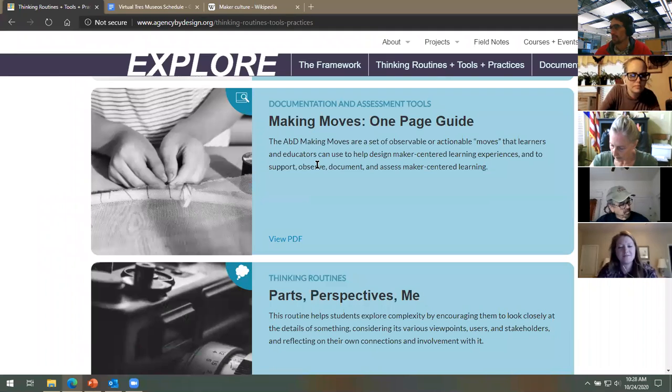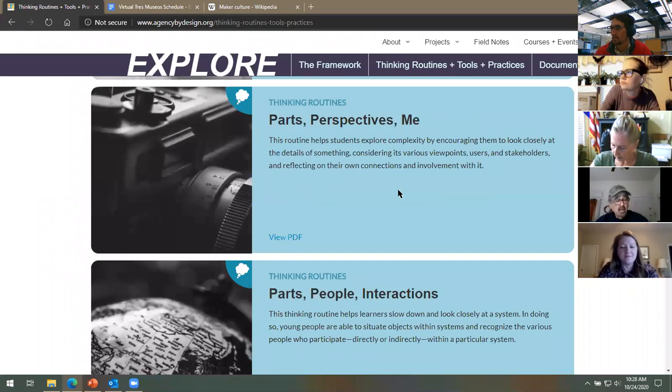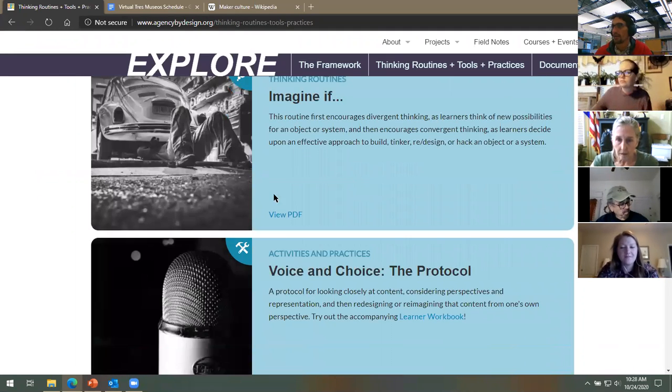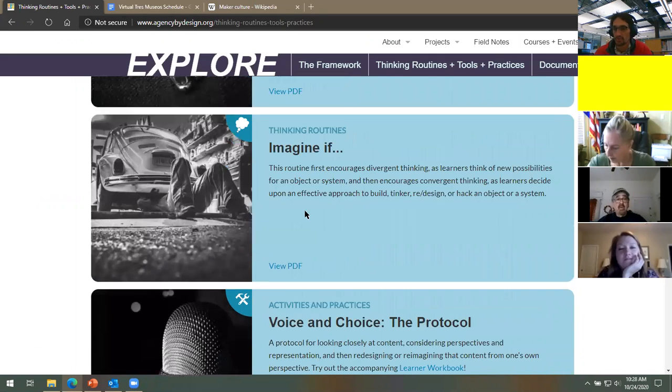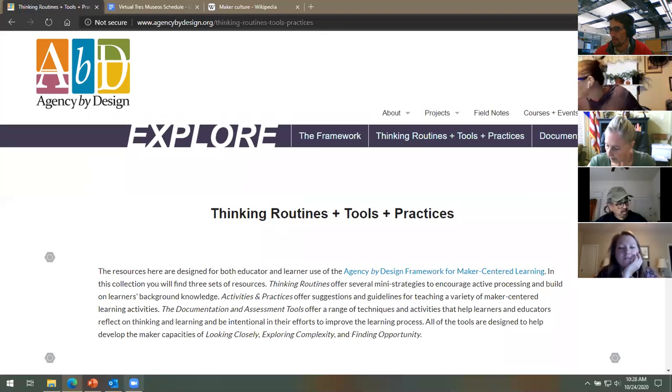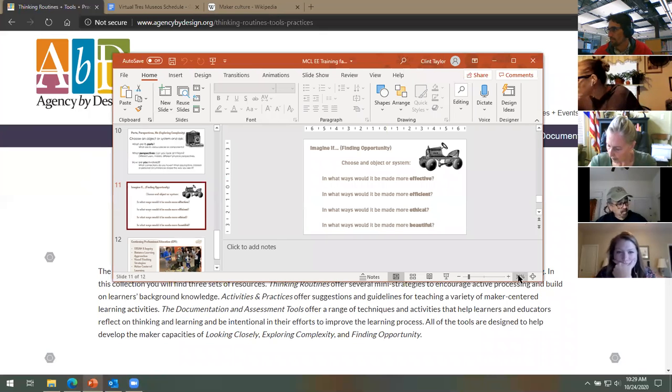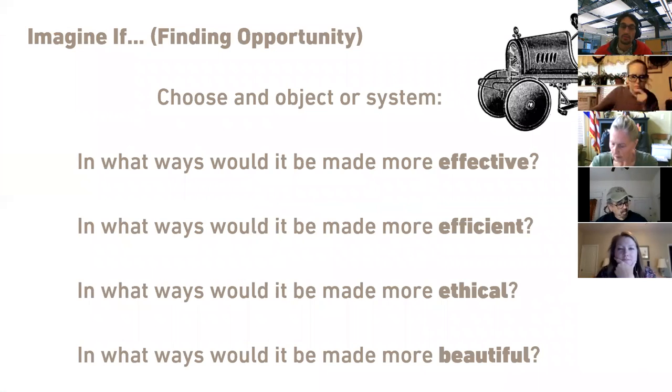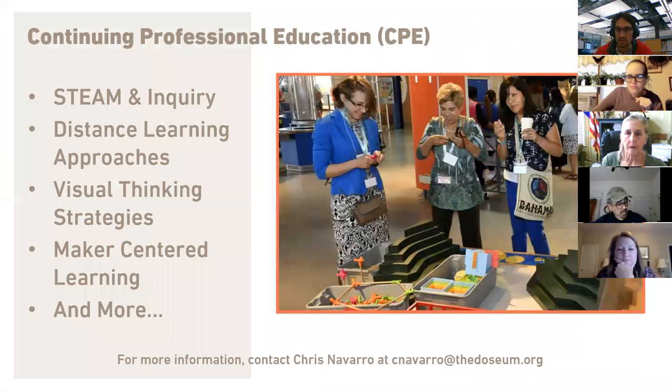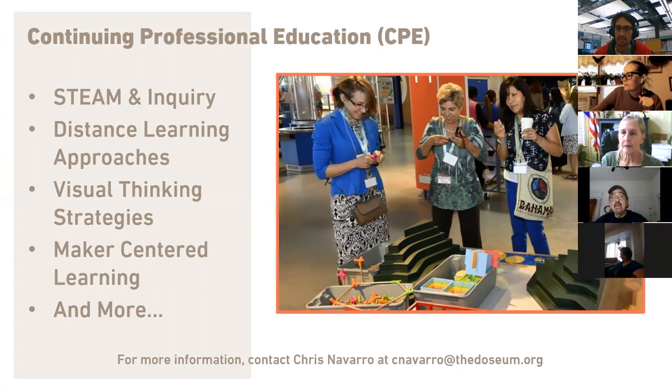And so here's Parts, Perspectives, Me, Think, Feel, Care, and Imagine If, that's the one that we just did, and you can download these and use them. And then the Duceum, as you saw in the packet that was shared, offers various professional development opportunities, and maker-centered learning is one of the things that we'll do in that, among many other things.